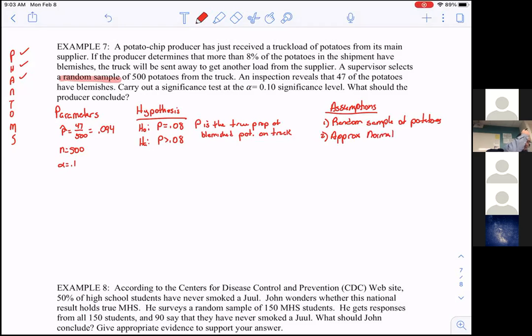We can't just say normal. In this case, we had 47 bad potatoes, and that means we had 453 good potatoes. Again, for each subgroup, if it gave me a proportion off the bat, then I have to multiply it times n. And then 3 is independent, so we'll have to assume that 500 is less than 10% of the population of all